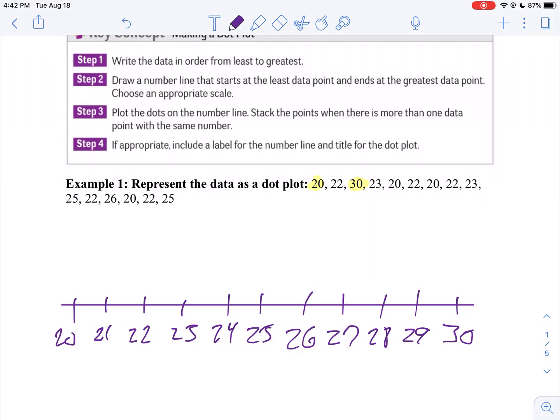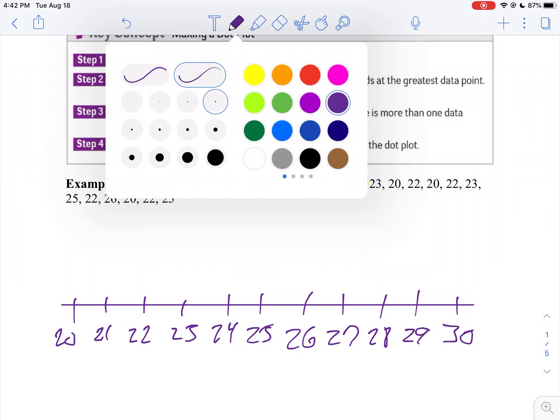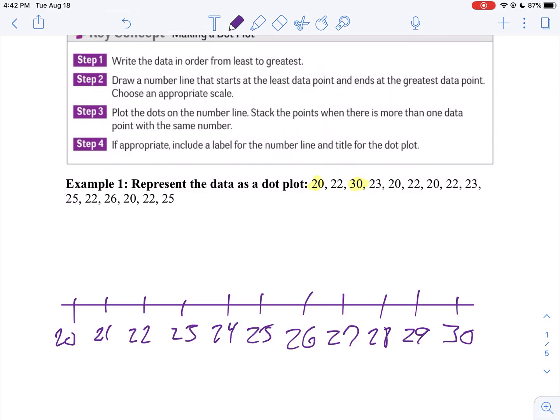And then, for each number, we're going to put a dot that corresponds with that on the number line just above it. So I'm going to put a dot on 20 for the first data point. Then I have one at 22. I have one at 30. And then 23. I like to mark them off as I do them, so I don't double up. 20, so I'm going to stack that one, because there's two at 20. Stack 22. Put another one on 20, another one on 22,